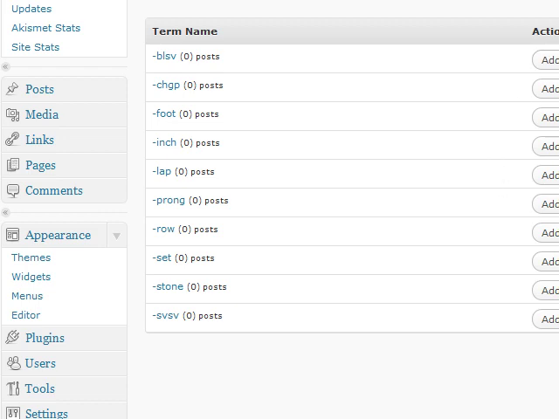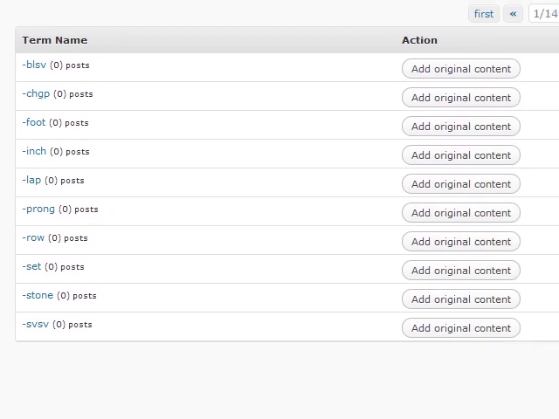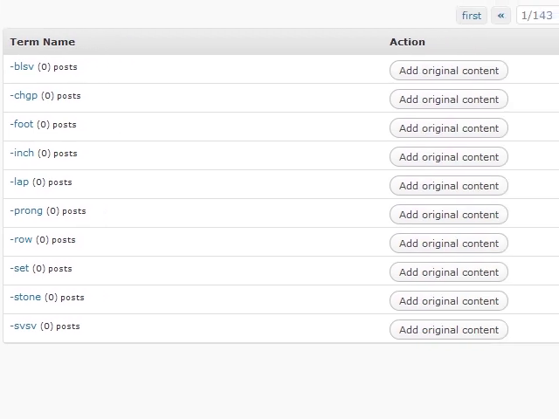Now, this particular test website that we have, we've been using the AIM plugin to automatically post content to the website and automatically generate tags for the posts as they're created. So we have 143 different tags on this particular website. That's a lot of records,